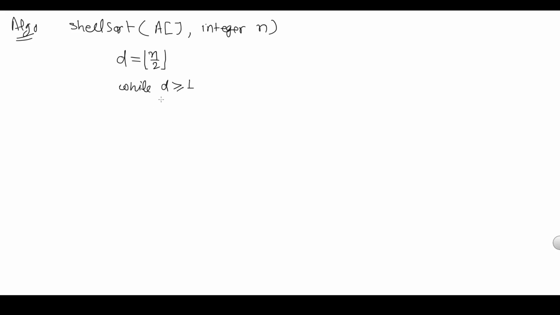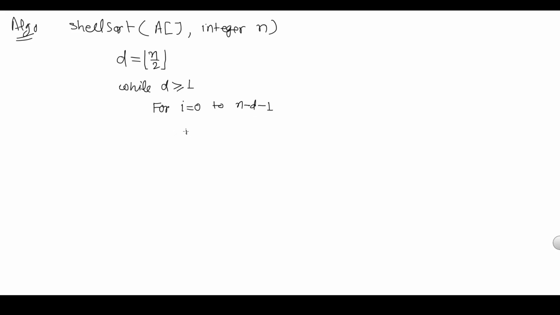Then for each pass we are comparing the values which are at d distance away. So for that we will use a loop for i equal to 0, or we can start from 1 here,